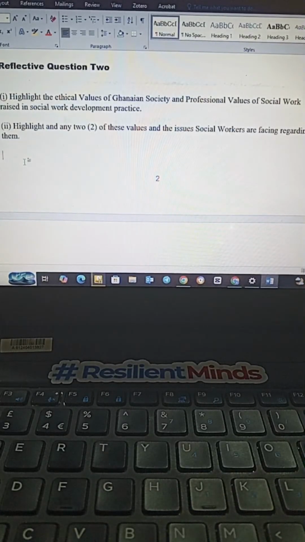Yes, we have severe resource constraints. These are also one of the issues we are facing as far as these values are concerned. Now, when we say resource constraints, due to resource constraints, sometimes when you go to, let's say, the hospital, a place where maybe it must take, let's say, one client or two patients, because of resource constraints.